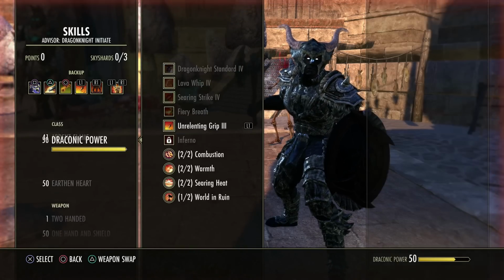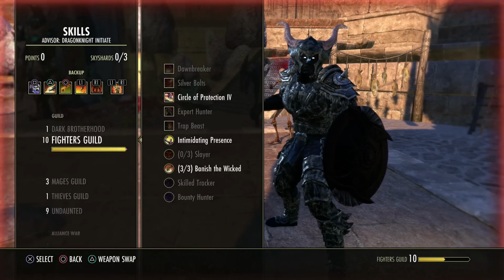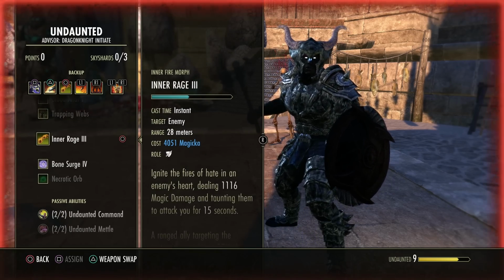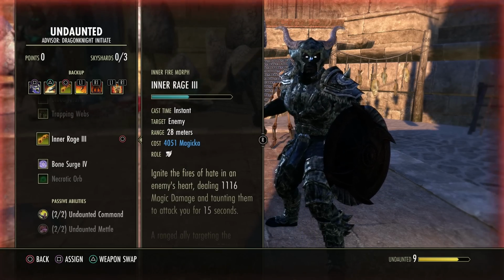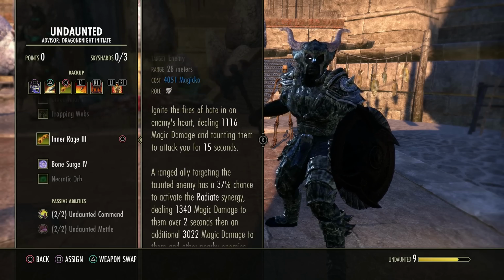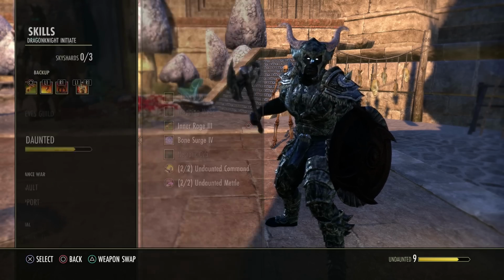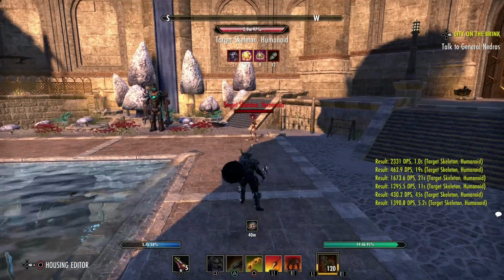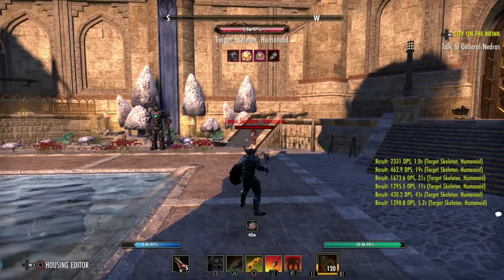The next one is Inner Rage. Now this is in the Undaunted skill line. This starts off as Inner Fire, morph it to Inner Rage, so it's a cost of your magical pool instead of your stamina, because you want to have as much stamina as possible for blocks. And this actually range taunts the target. So instead of this stab taunt, you can have a range taunt, and he'll come to you, unless he is